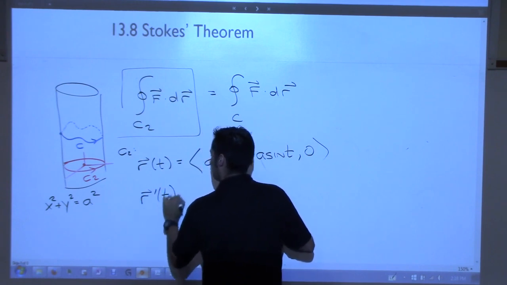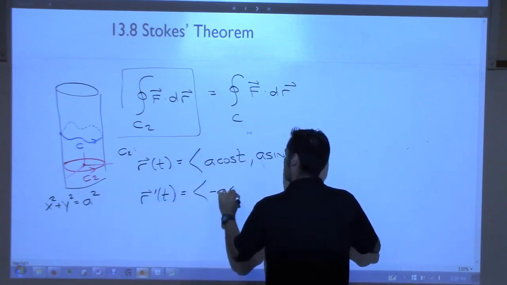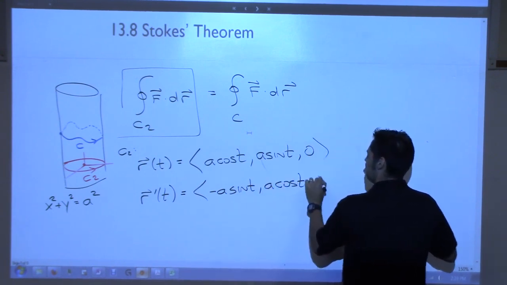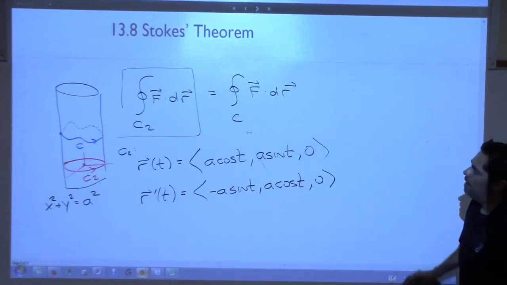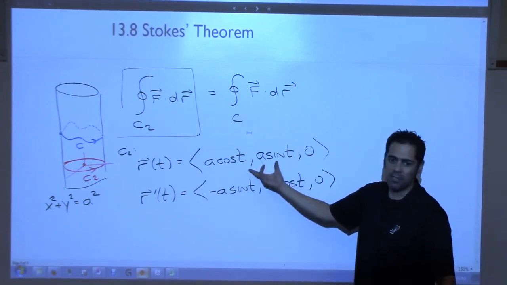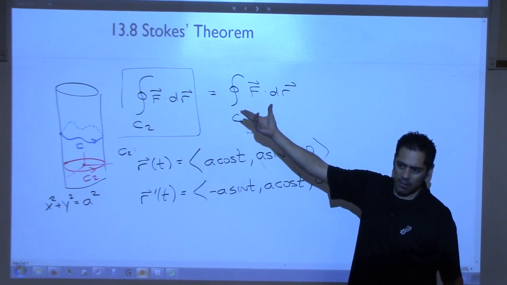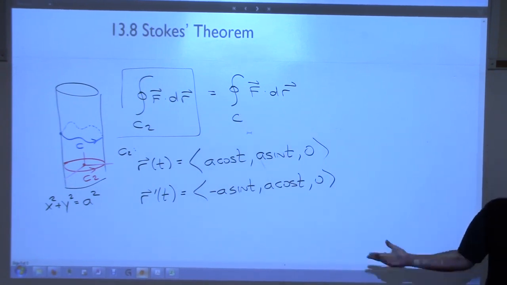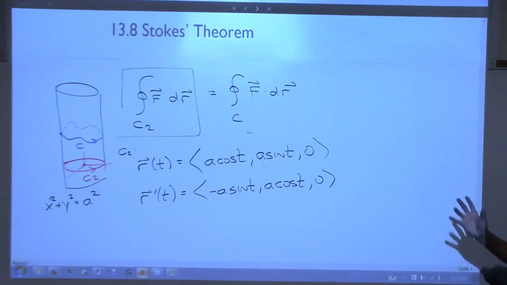This is negative A sine t, A cosine t, 0. And then I have to plug this into the field, and then dot. It turns out to be nice. I'm out of time. But there's a lot of like